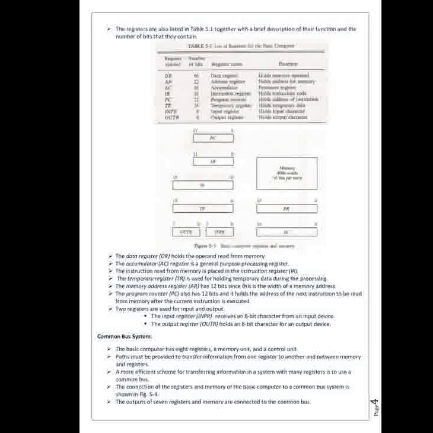I said there is input, there is output. Between input and output, there is a memory and there is a central processing unit. There are two blocks. I think you have already studied the architecture of the computer. All these are interfaced through a bus. Already I said there is a general bus transfer and a memory bus transfer.